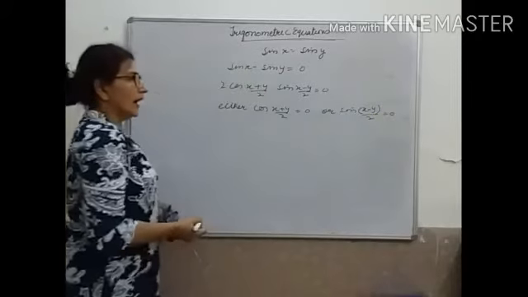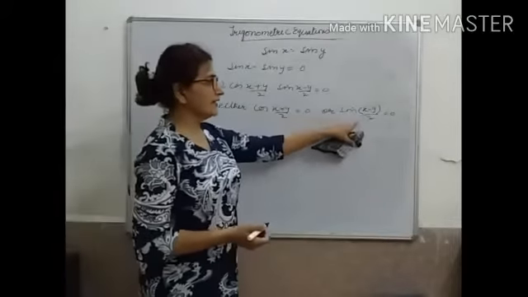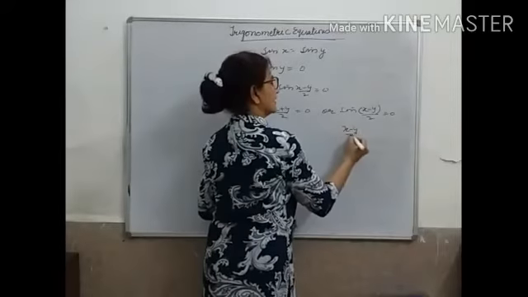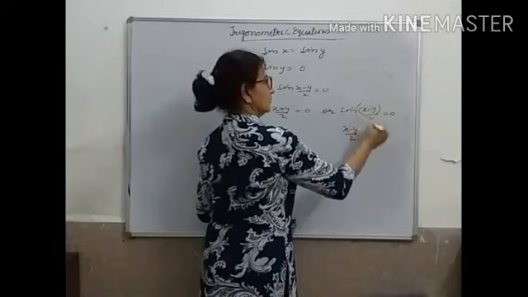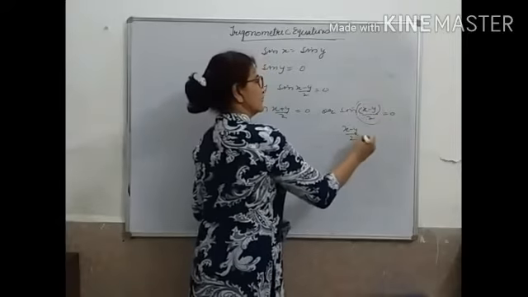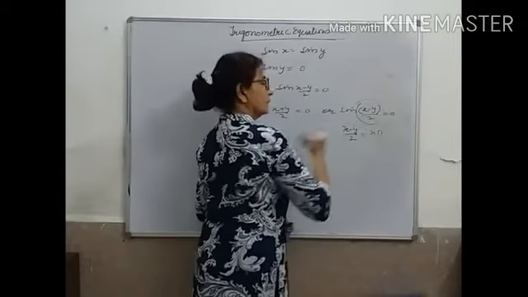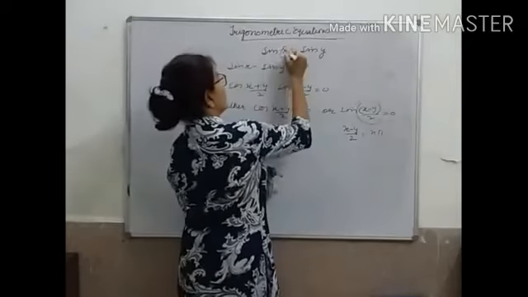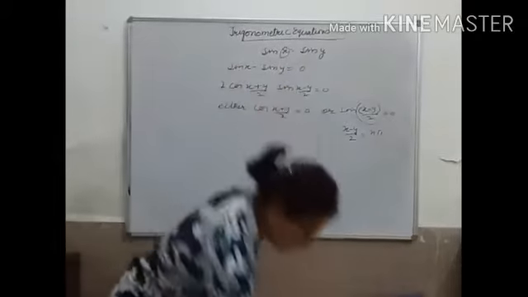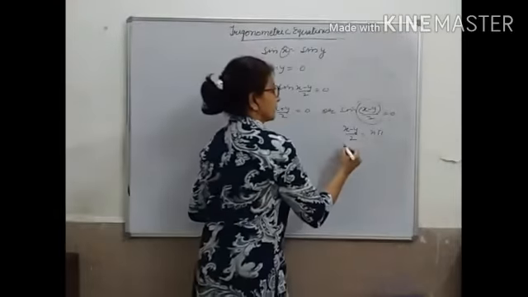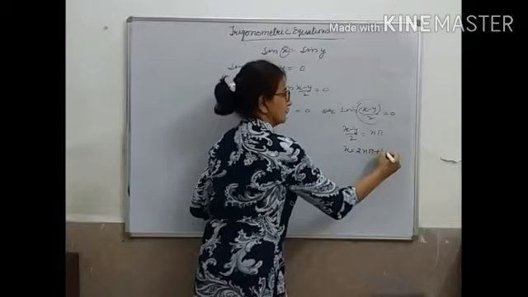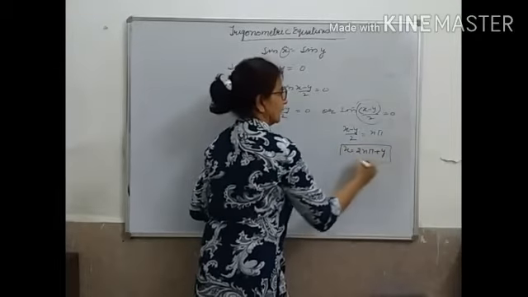And we know that when sin is 0, the angle is n pi. So from here I get (x minus y) by 2, which for me is the whole theta, equal to n pi. I am solving it for x. So x will be 2n pi plus y. One answer has come.